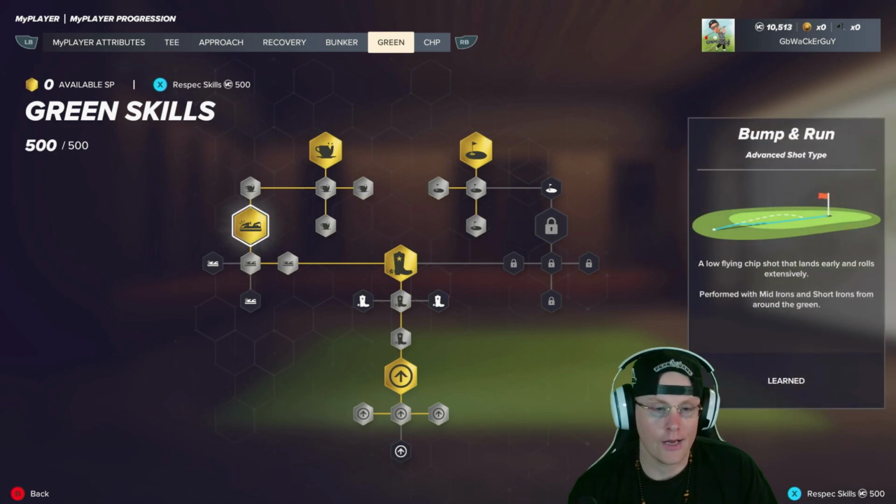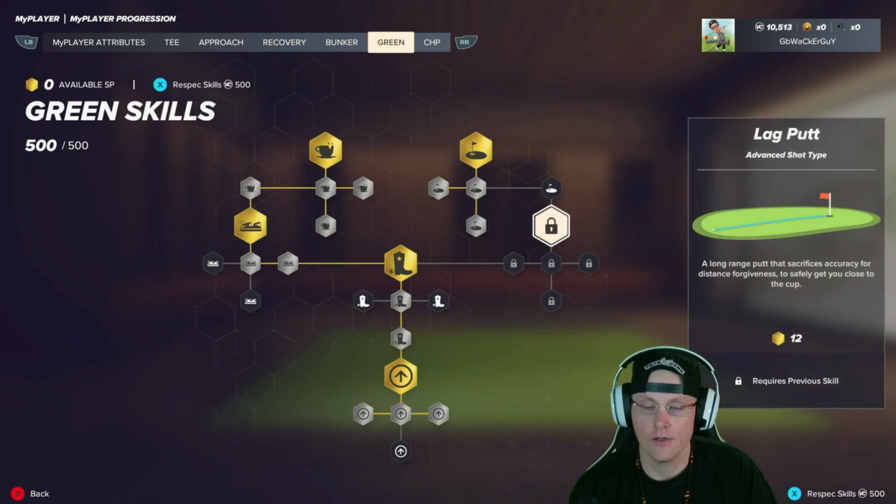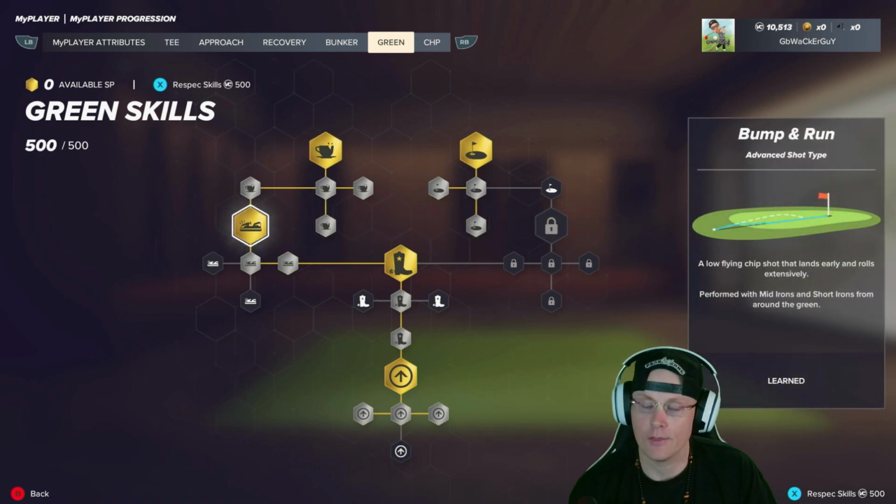So I chose to go this way instead of going to here. You can see we could have chosen from the lag putt or the bump and run. Now I chose the bump and run over the lag putt because I can hit a lag putt with my regular putter, so it's absolutely worthless. Whereas the bump and run,